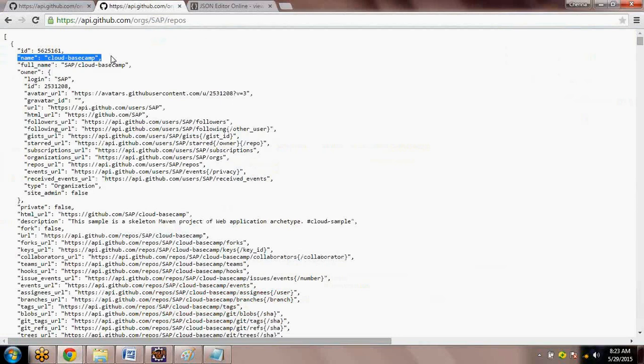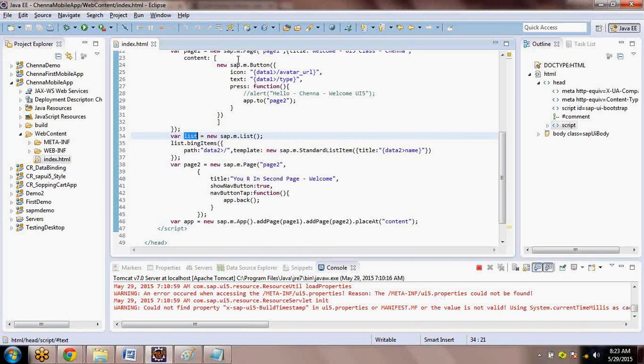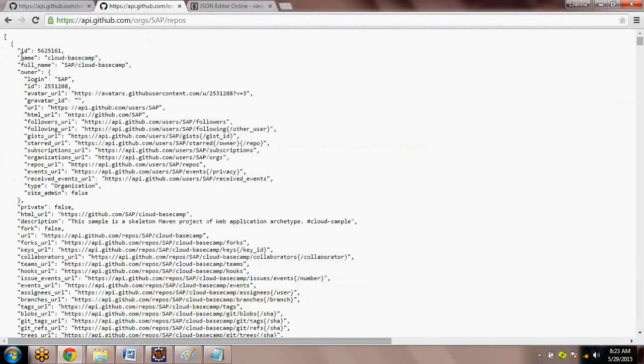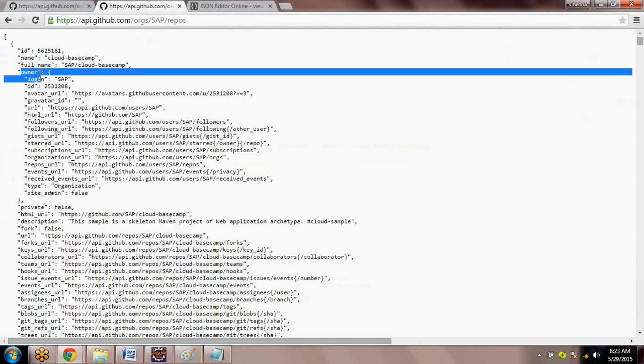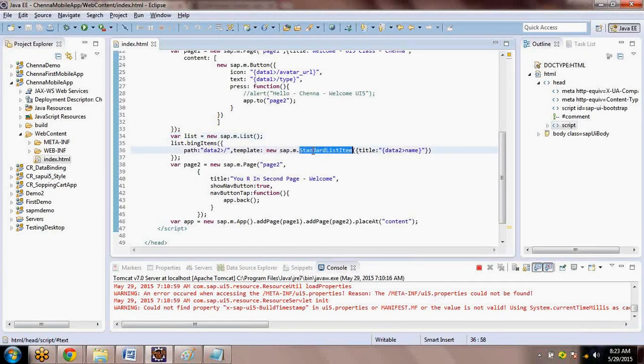If you look at the JSON, everything is key value pairs and everything is strings. That's why I'm converting to standard list objects and putting them in the list. Now my list is having all the names.